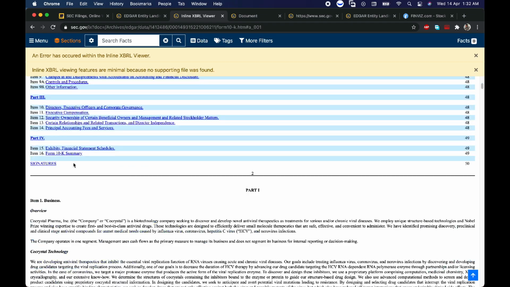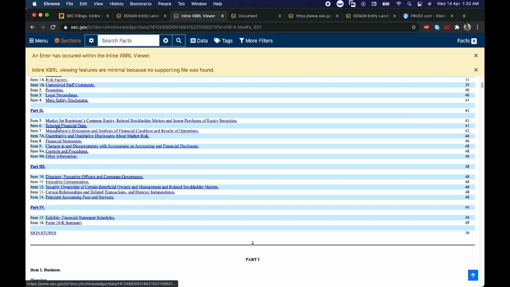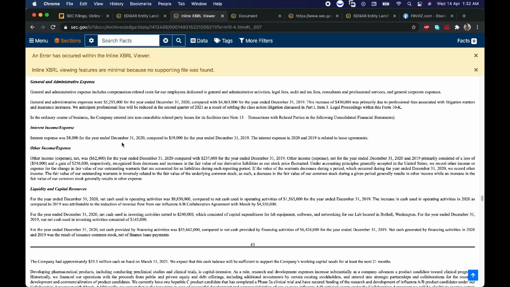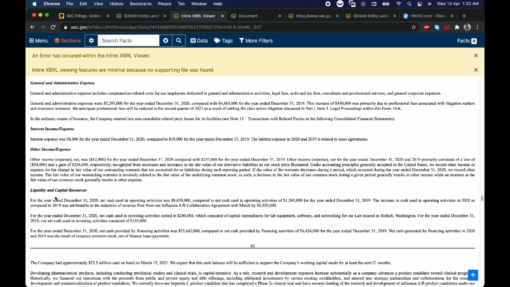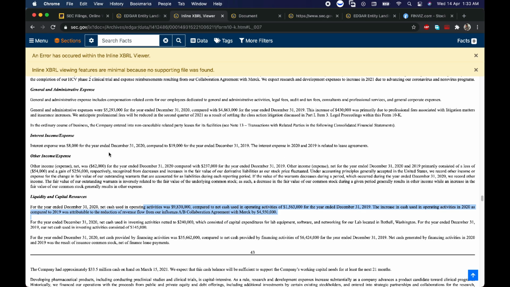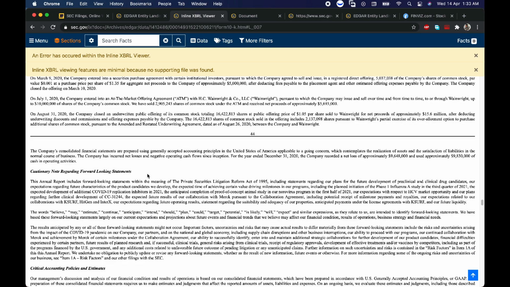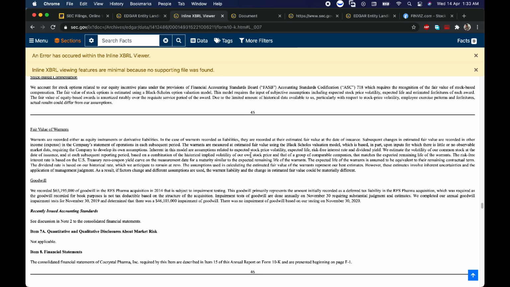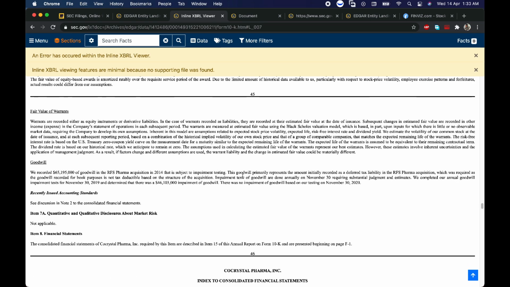Next up, and the most important thing, basically what everyone needs to know, is the financial data. What's the financial data? Basically the company's details, right? Like, what is the liquidity and capital resources, how much cash they are holding, what the company assets are, how much debt they are in, and stuff like that. I don't read financial data a lot from the 10K.